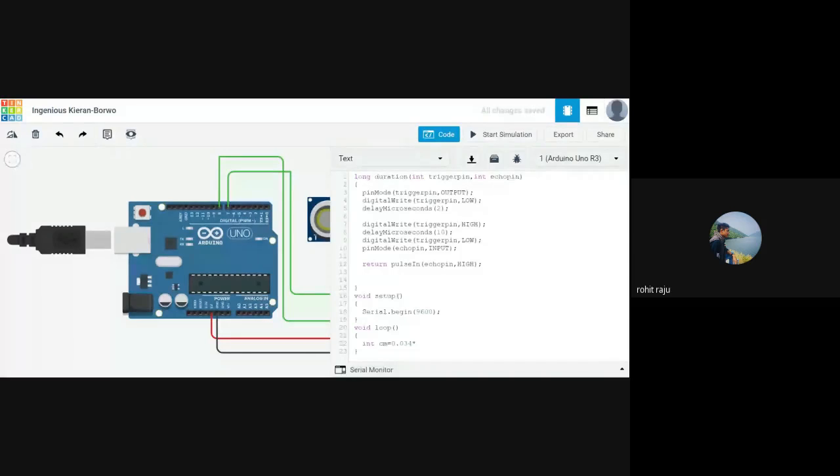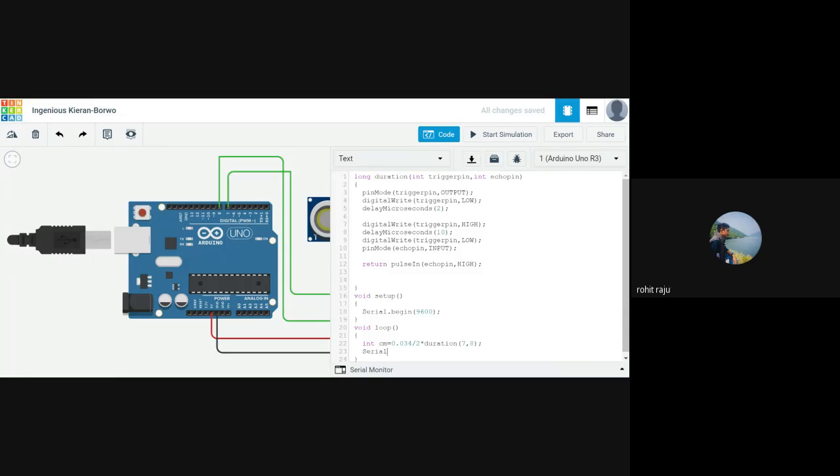And where is our time? So the duration, this is our function right here. And what is our trigger pin right here? We set the trigger pin to 7. So 7, comma, and echo pin is 8. Fine. But as Dheeraj said, we need to divide it by 2, you know the obvious reasons. And you need to print this value into the serial monitor.